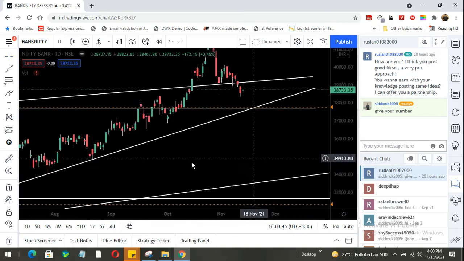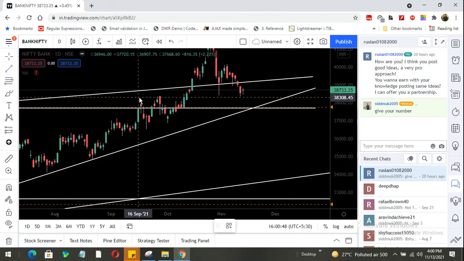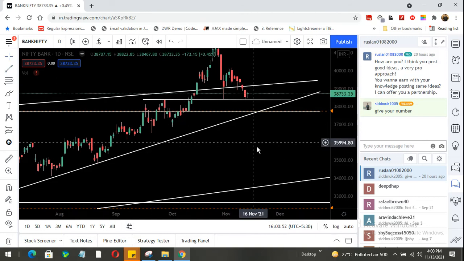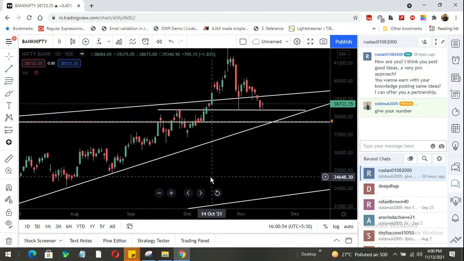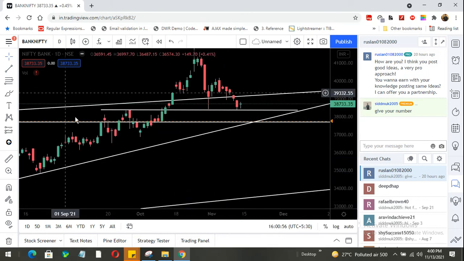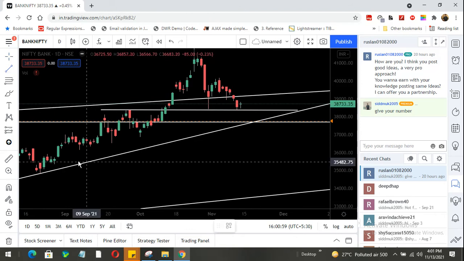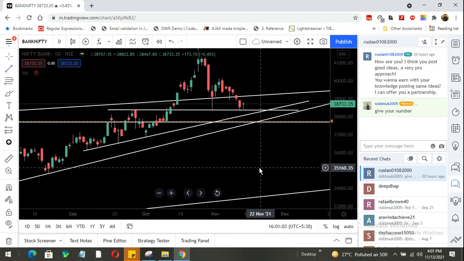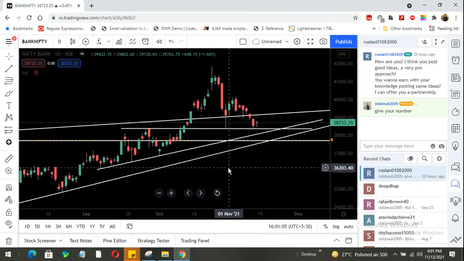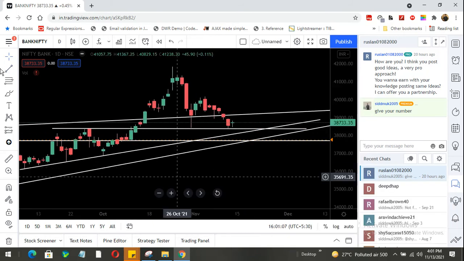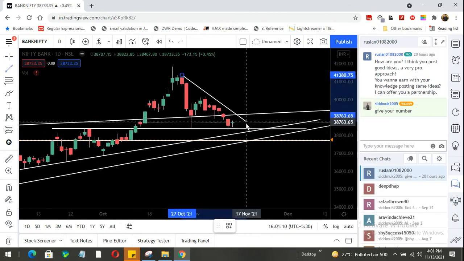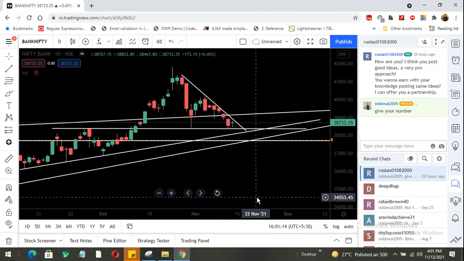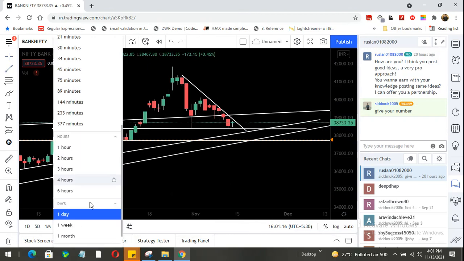Now I am able to see that there is also a daily. Another thing I have to see here is that this one is another daily. Then another trend line I can see here is this one. So all the trend lines I have drawn in the daily. Now move to the hourly candle.